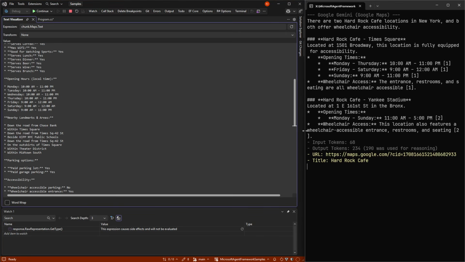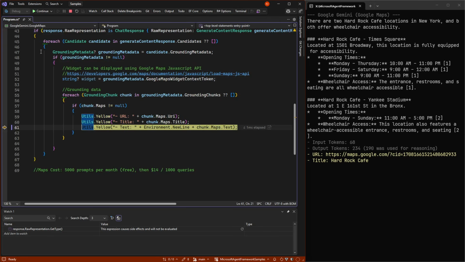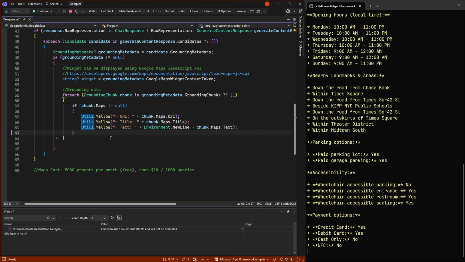And for each of these, you can see these small 1 and 2, that is just referencing each of these grounding chunks, so you can link the data to the grounding chunk. But if we do it like this, it will give us back all this extra information if we wish to also show that to the user in some way. It only comes back in this format. It's not in a structured format, unfortunately, but it's still better than nothing that we have all this information.